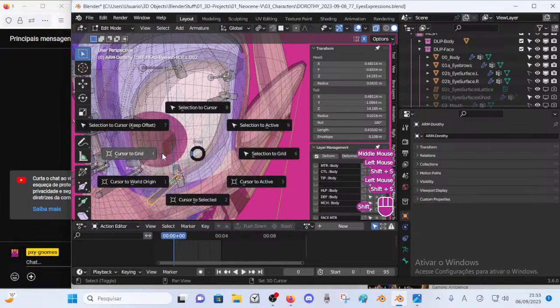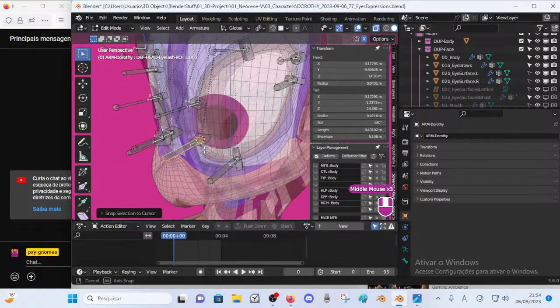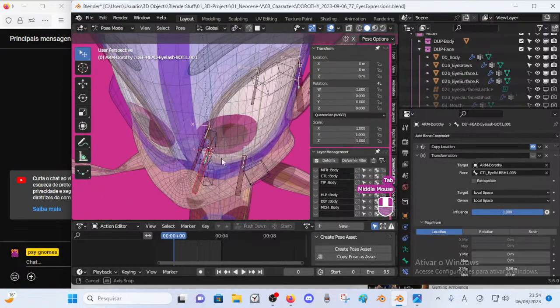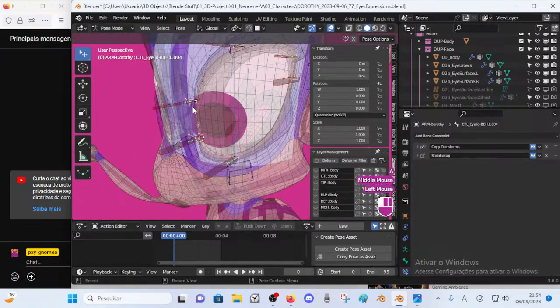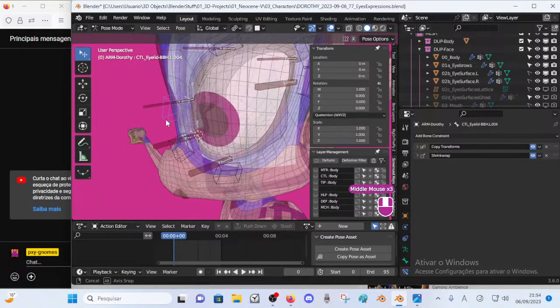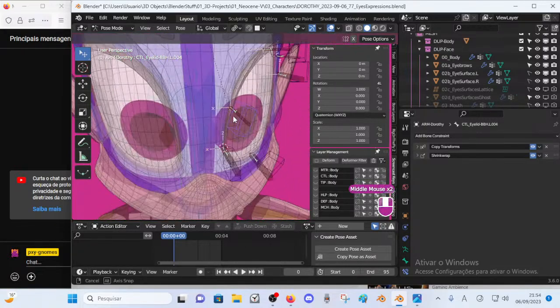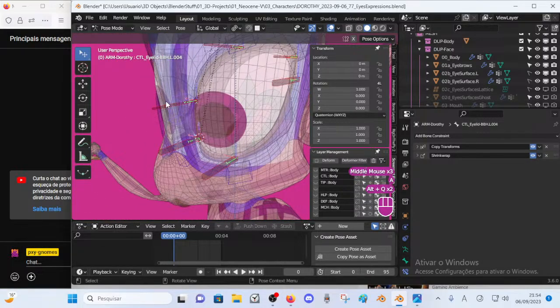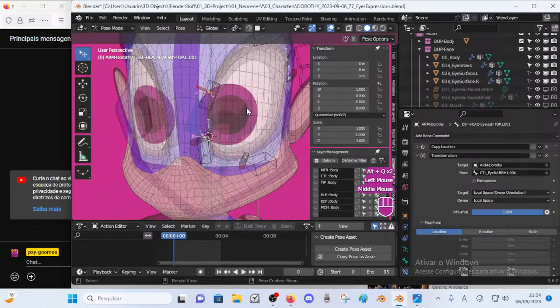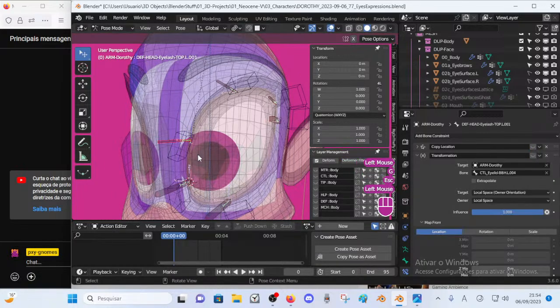And this will do for the other side as well. Alright, this is fixed. Now, they don't match because of the widgets, the custom shapes. They are translated, it doesn't matter. This matches.